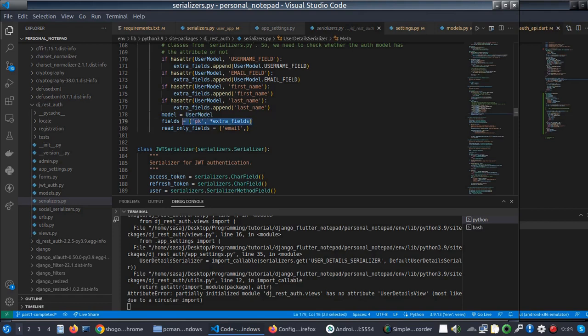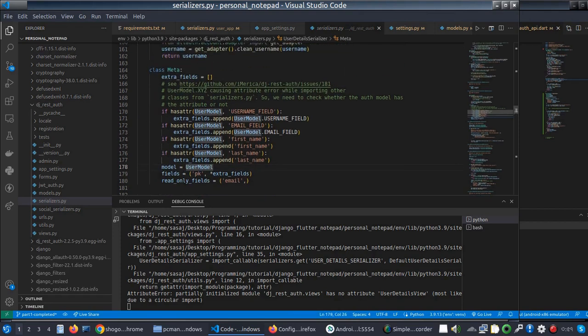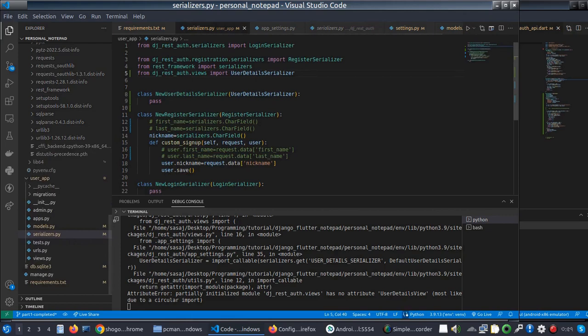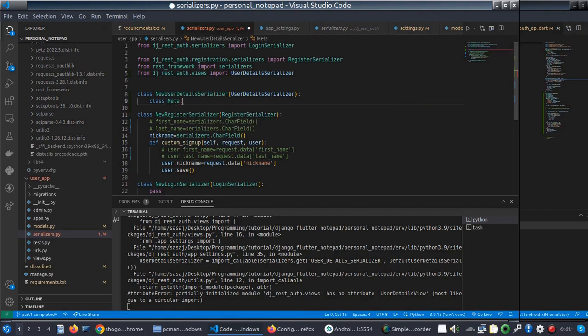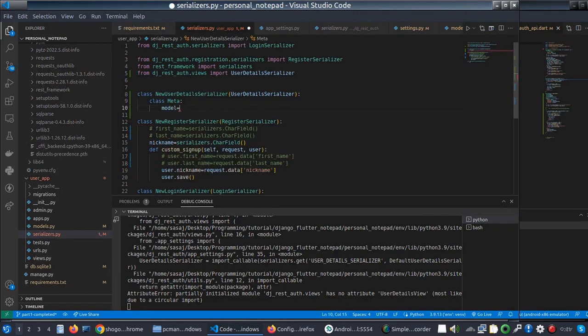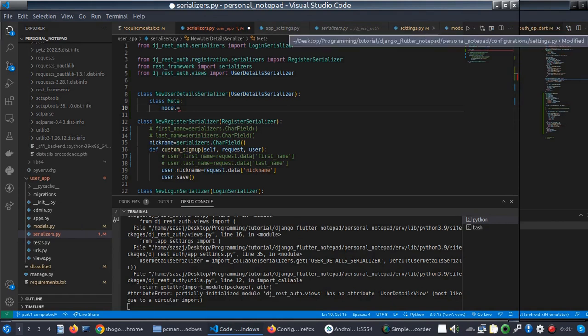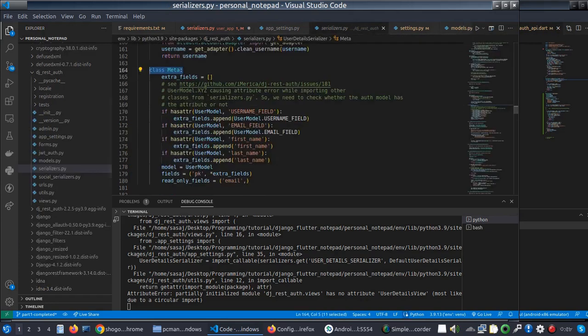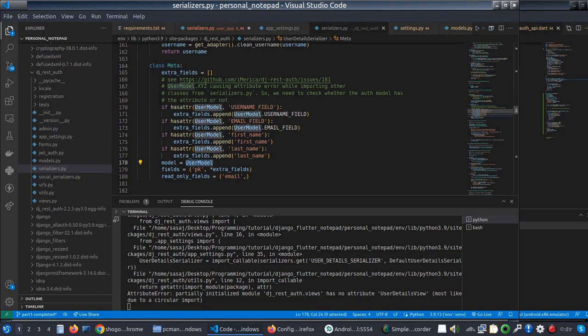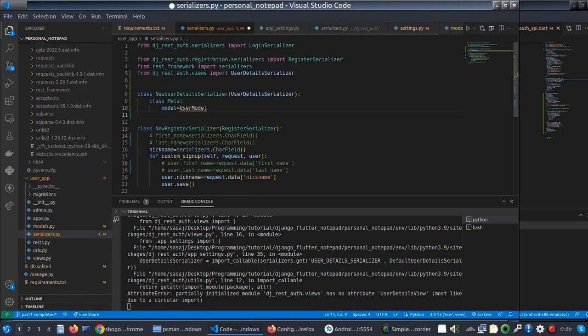this field. So what we can do, we can say class Meta. Here we will say class Meta, model equal, and we can say get_user_model. Okay, model equal user model, we can just say model equal user model, and fields equal, we can pass here